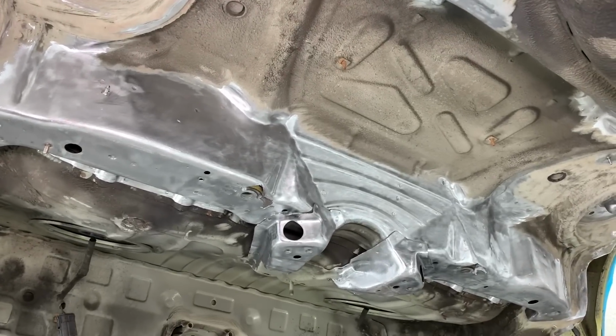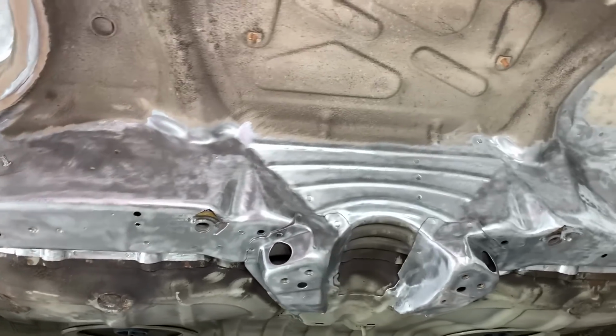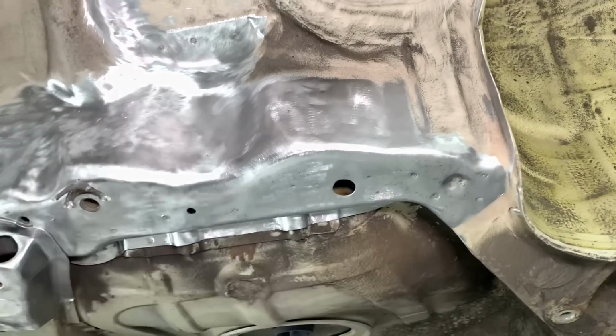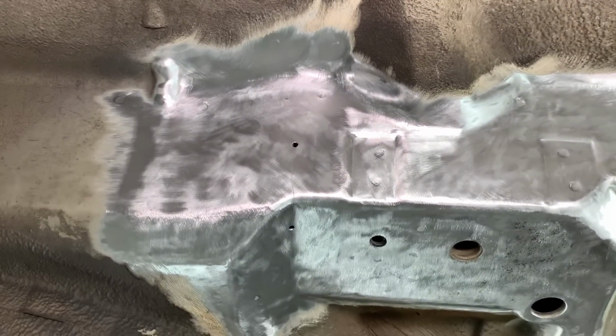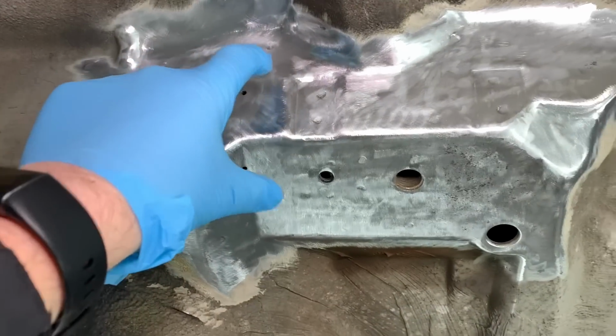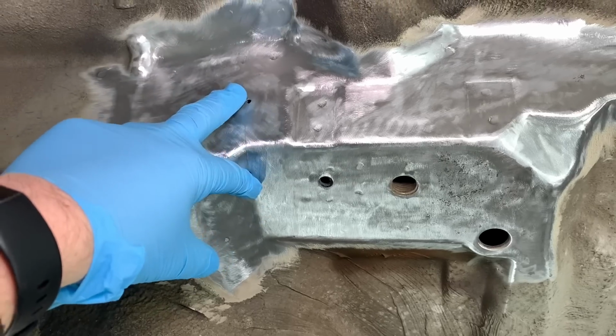So that's why we put a lot of effort into bare metaling so much and taking brackets off and replacing them for different ones. So what we're doing here is taking out the problematic areas, obviously stop drilled the cracks before any of this bare metaling effect happens. So we've got 2 stop drills there which signify the ends of the cracks,